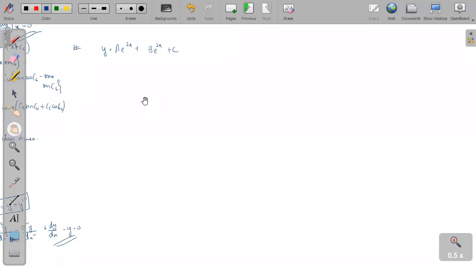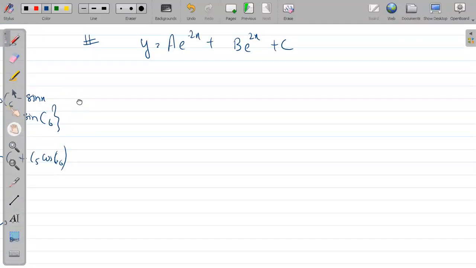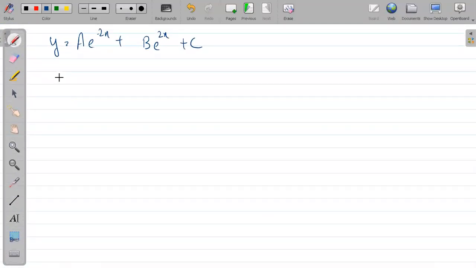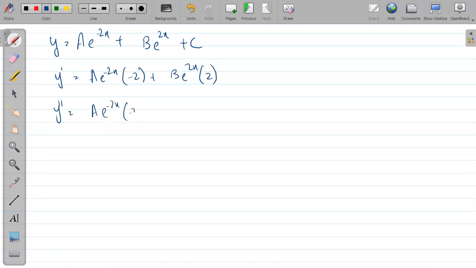Yes, let's see then. Everyone has solved it, I guess. देखते हैं भाई, तो बड़ा सिंपल है. y dash, 3 arbitrary constants are present. Differentiate it. Power minus x minus e to the power minus twice x into 4 minus twice x whole square. Minus b into e to the power twice x, 2 square. Let's differentiate for the third time.